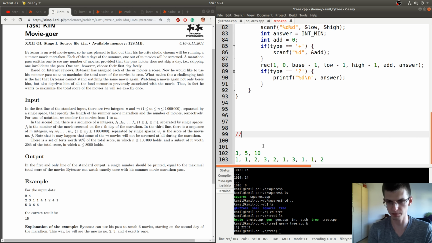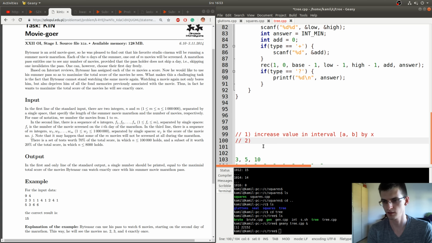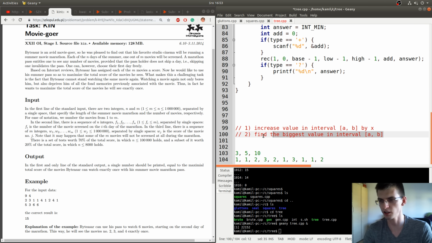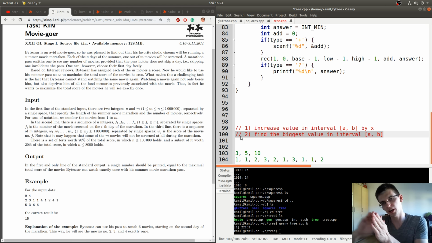So there are two types of queries to our structure: increase value in interval AB by X, and find the biggest value in interval AB. This interval will always be from this moment up to the end.